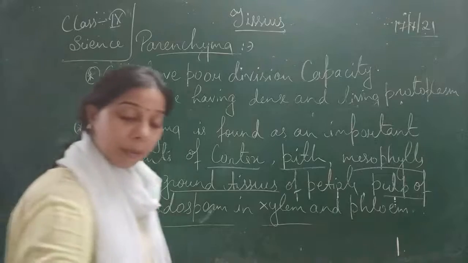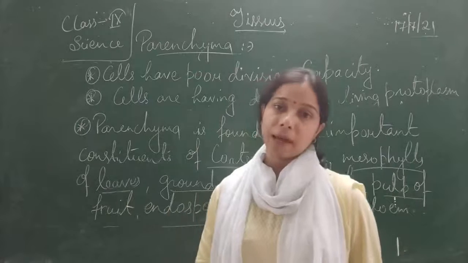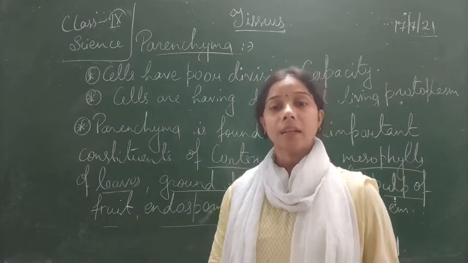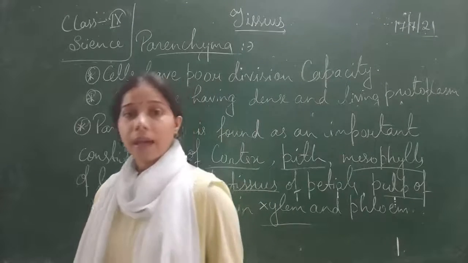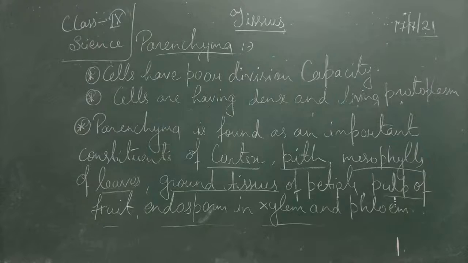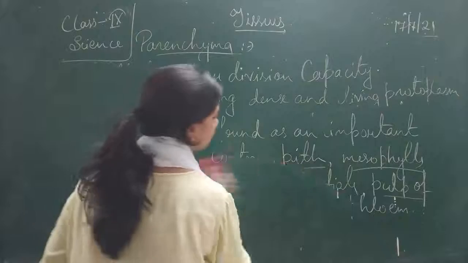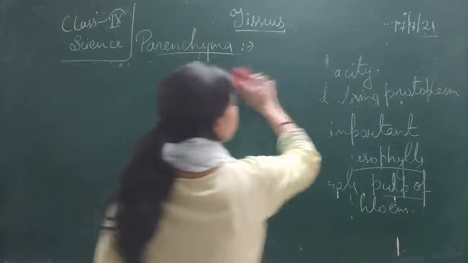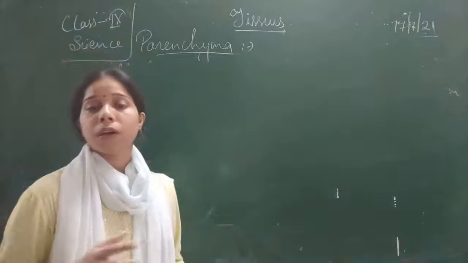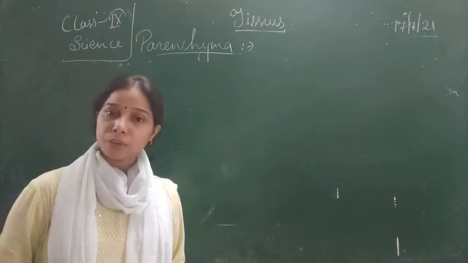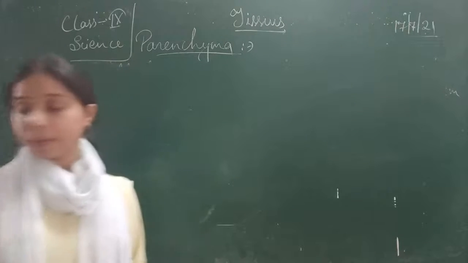Now, some of the parenchyma modify themselves into different types of parenchymatous tissue. Like, it gets modified into chlorenchyma or aerenchyma. So let us see what it is. Sometimes the cells which are part of the parenchymatous tissue develop chlorophyll, and if chlorophyll is there, they start performing photosynthesis, and thus they are called chlorenchymatous tissue.